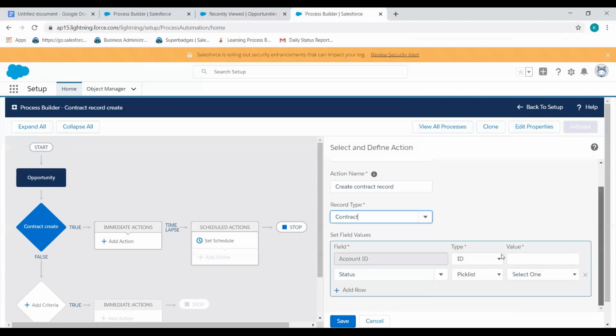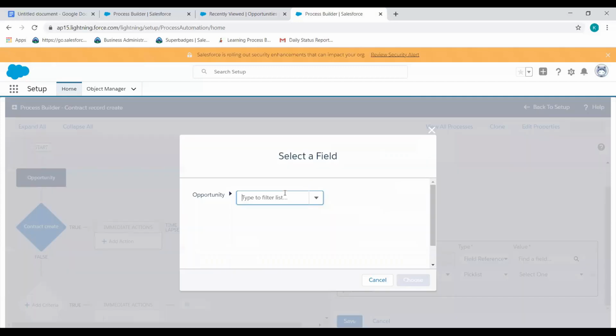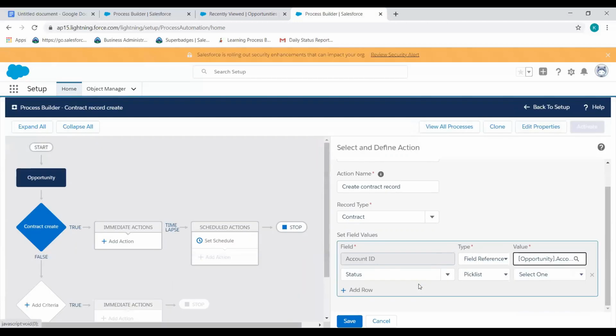Here is the ID field. You can choose field reference, and the value should be the opportunity account ID. This is the account ID. You can add as many fields as you want, and I want status to be draft. I just want to create these two fields. Just save.